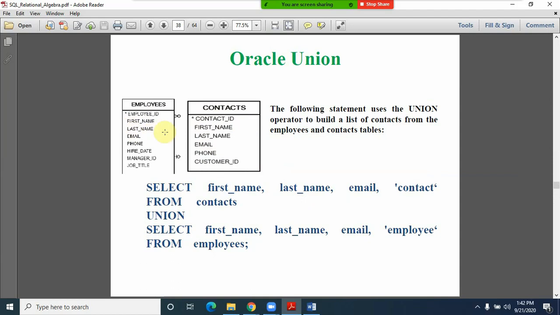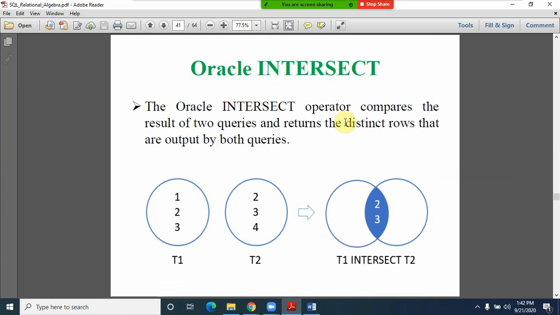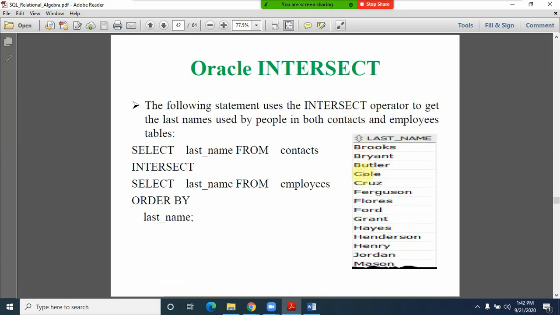I need only the last name from the employees as well as the last name from the contacts, only that information, I want to get. And ordering is there, like B C F G, it automatically gets ordered as we are using this order by clause.